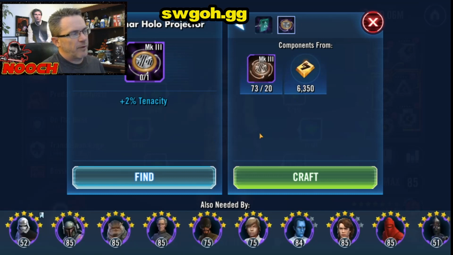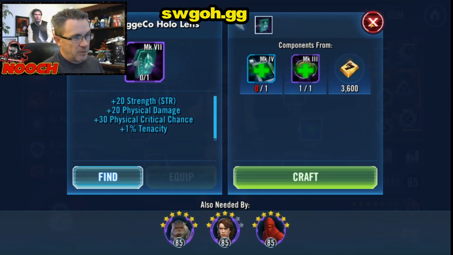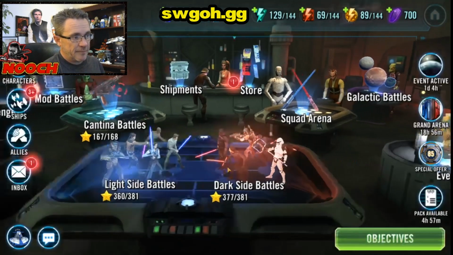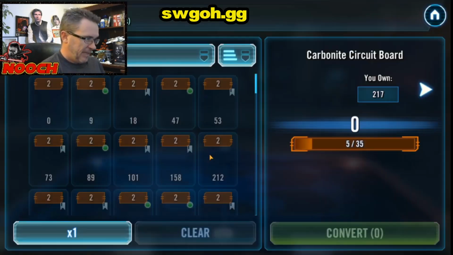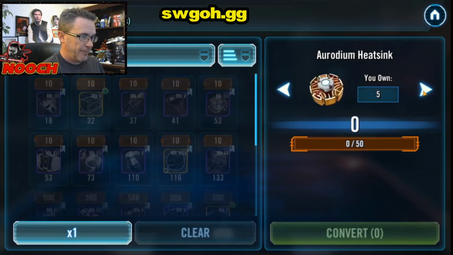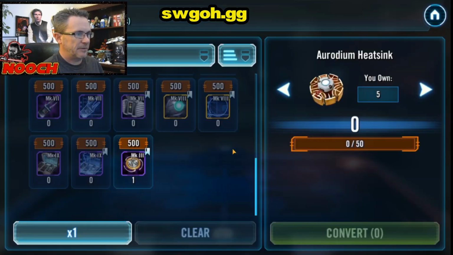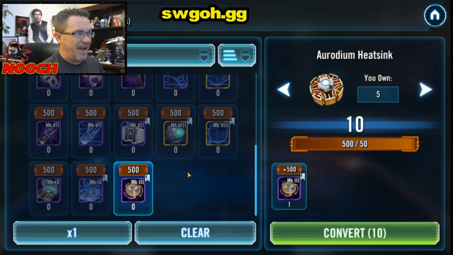Let's go ahead and craft one of these. Okay, so we're going to complete this Mark III holo projector. Craft it. It takes 20 to craft it. So I should get 4, right? Because that's what I got for 2 10s. I should get 4. Because we can go scroll to the bottom, find the one complete piece. Click it. I get 10. You get 10. Complete these pieces on your characters, then come back here and farm the 200 of these we